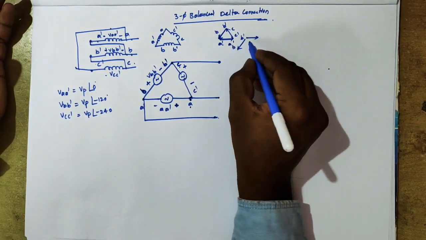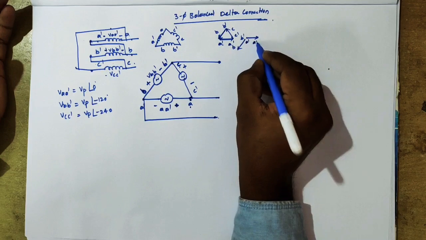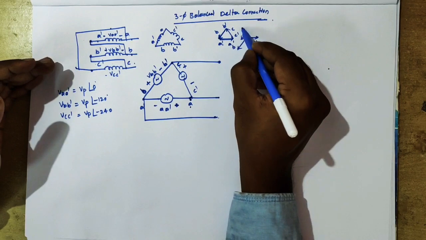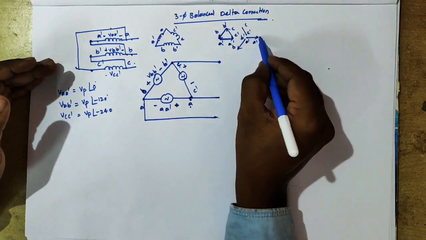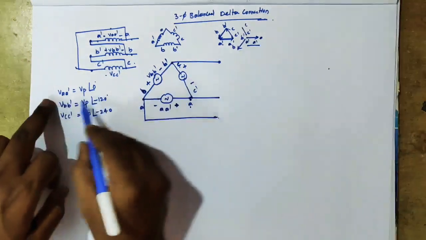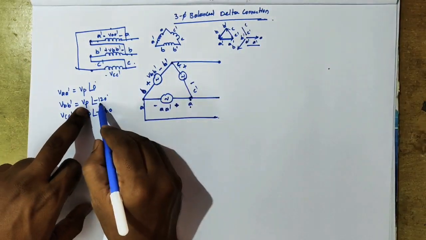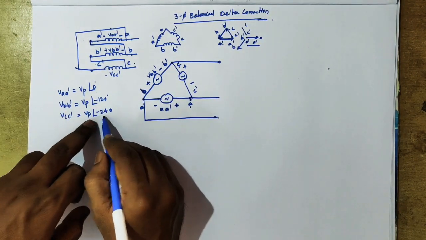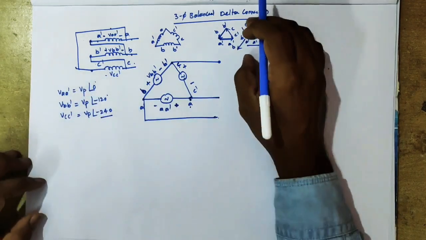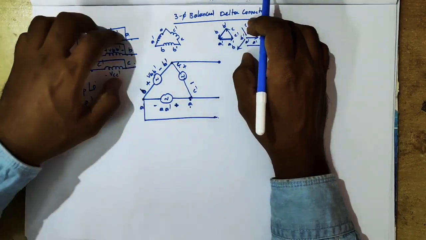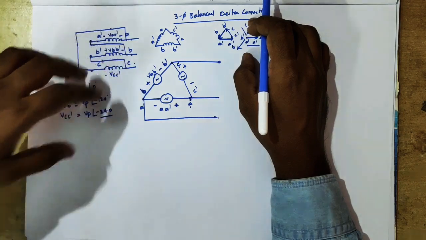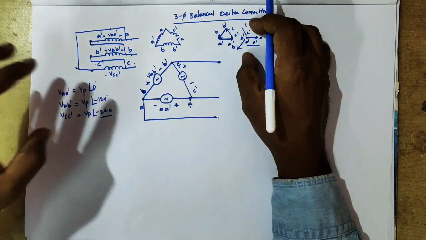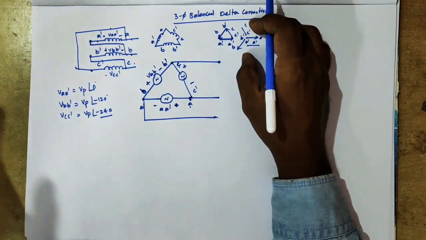Okay, this is A dash A, and if you take this vector to the left side, C dash C, this is 0 degrees, and VBB' is 120 degrees lagging with A phase, and CC' is minus 240 degrees. This is a phasor representation of voltage developed in delta form. It is similar to the phasor representation formed in star, but there is a common difference between delta connection and star connection.